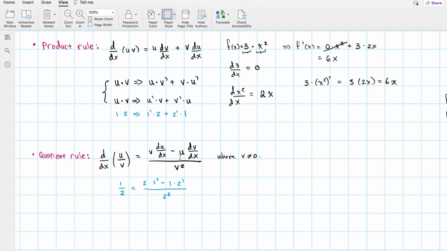We could have said the derivative, if we have u divided by v, is going to be v times u prime minus u times v prime over v squared. So let's do a practice. So for example, if I have f at x is equal to x squared over x cubed. Again, let's not simplify it, even though we know we can simplify it. F prime of x,